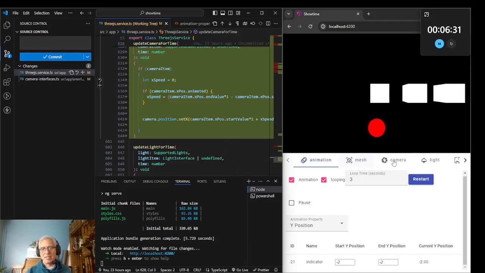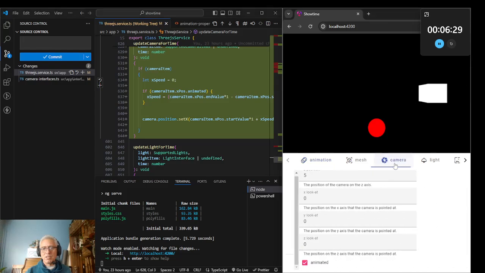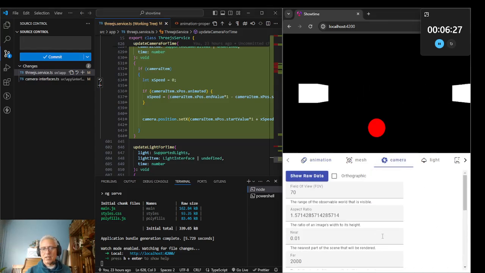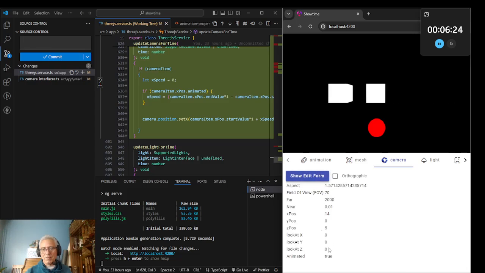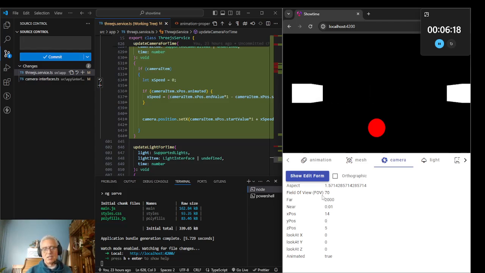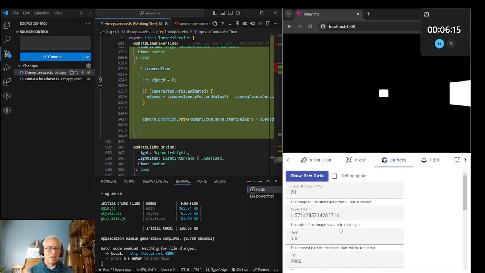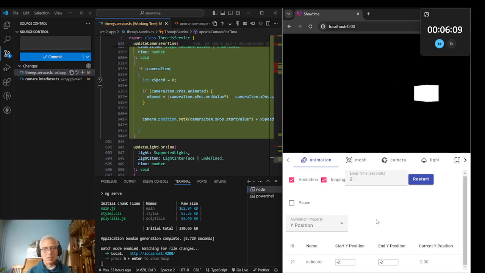So basically up here in camera, if you show the raw data, I'll have to update this to look at the X position start position, and then over in the form I'll have to do the mappings, and then for the animation I'll have to add it to that little structure that says what can be shown. And right now Y position will only show the indicator. It doesn't show